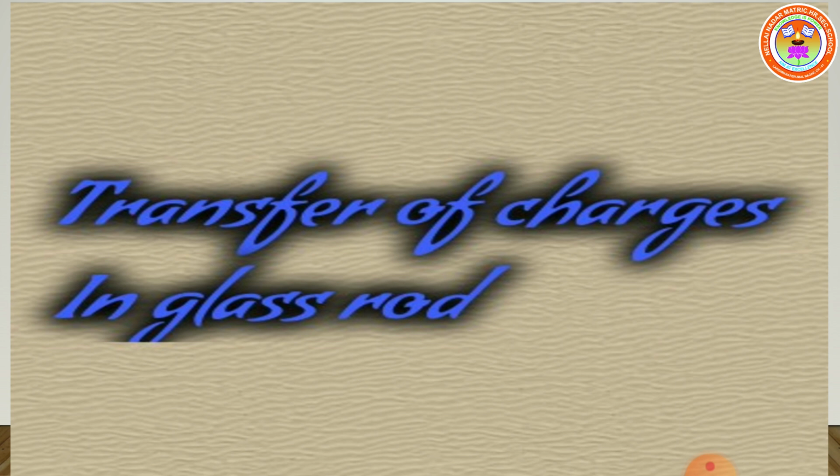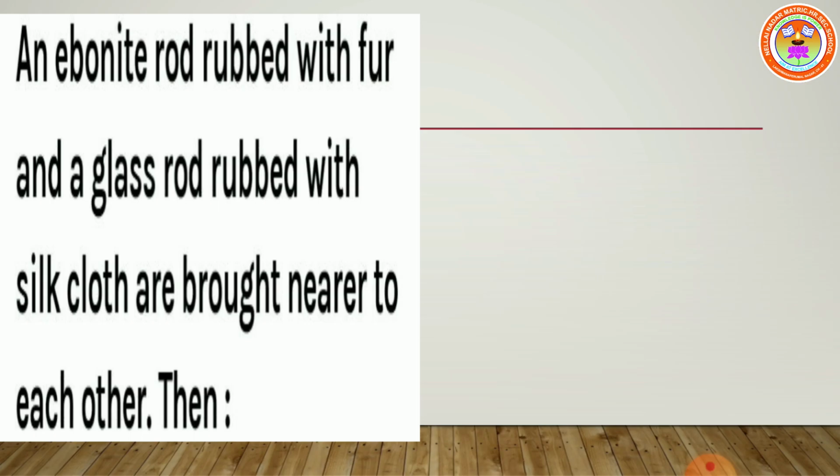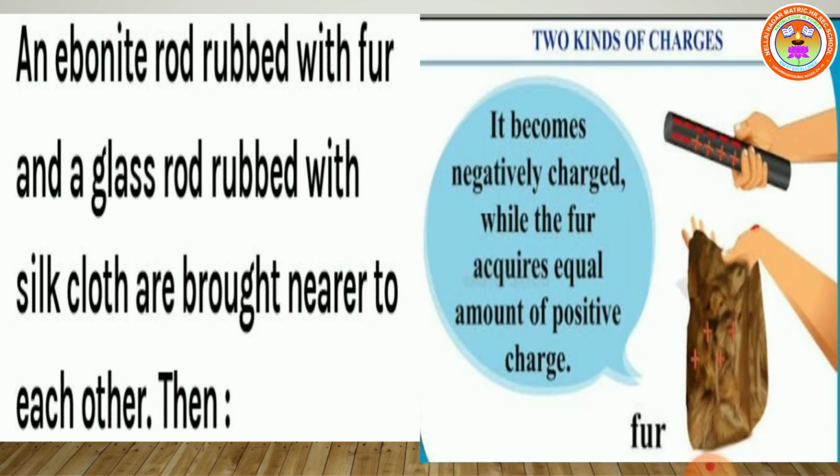Before that, do you know, a neutral object can become positively charged when electrons get transferred to another object, not by receiving extra positive charges. A similar effect can be seen when I rub a few materials with one another. When a glass rod is rubbed with silk cloth, free electrons in the glass rod are transferred to the silk cloth.